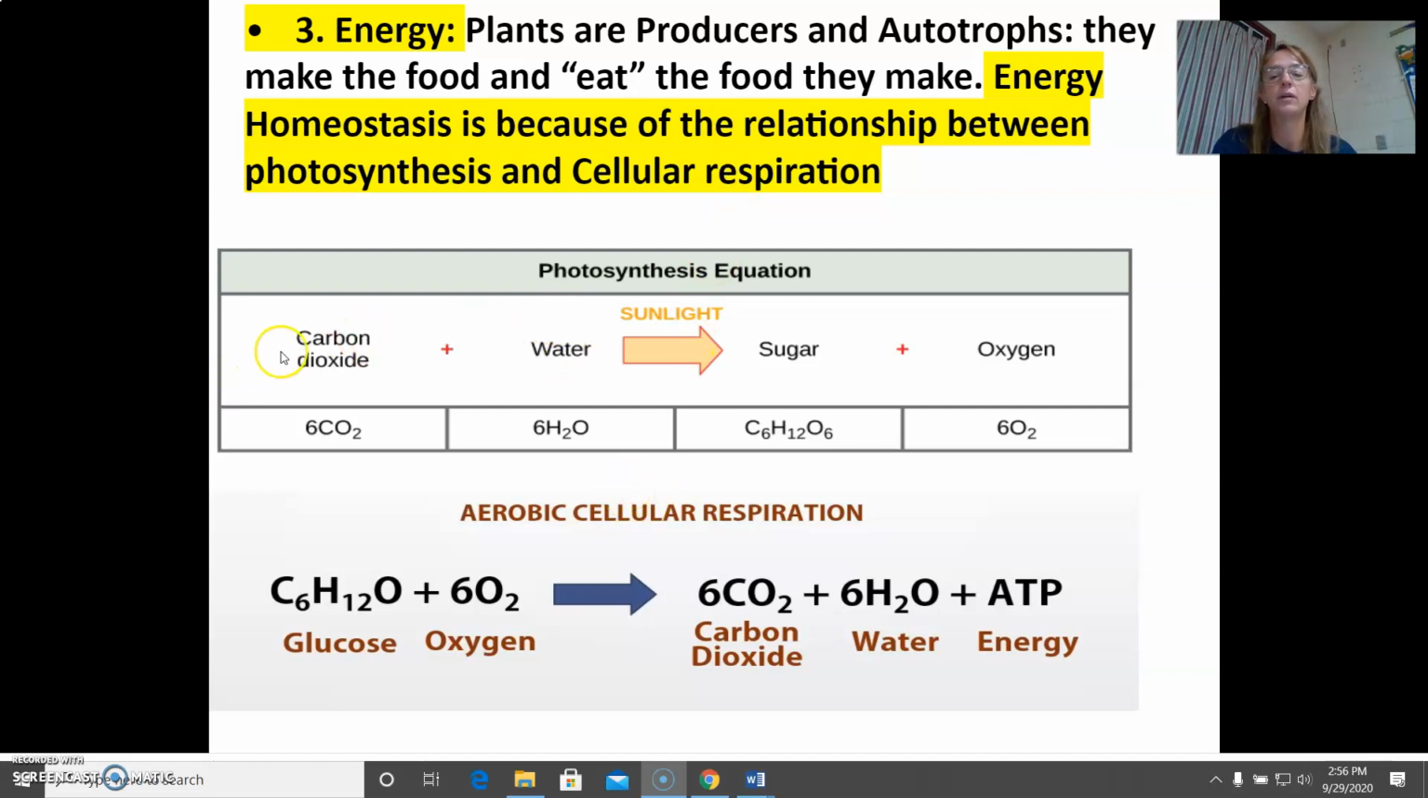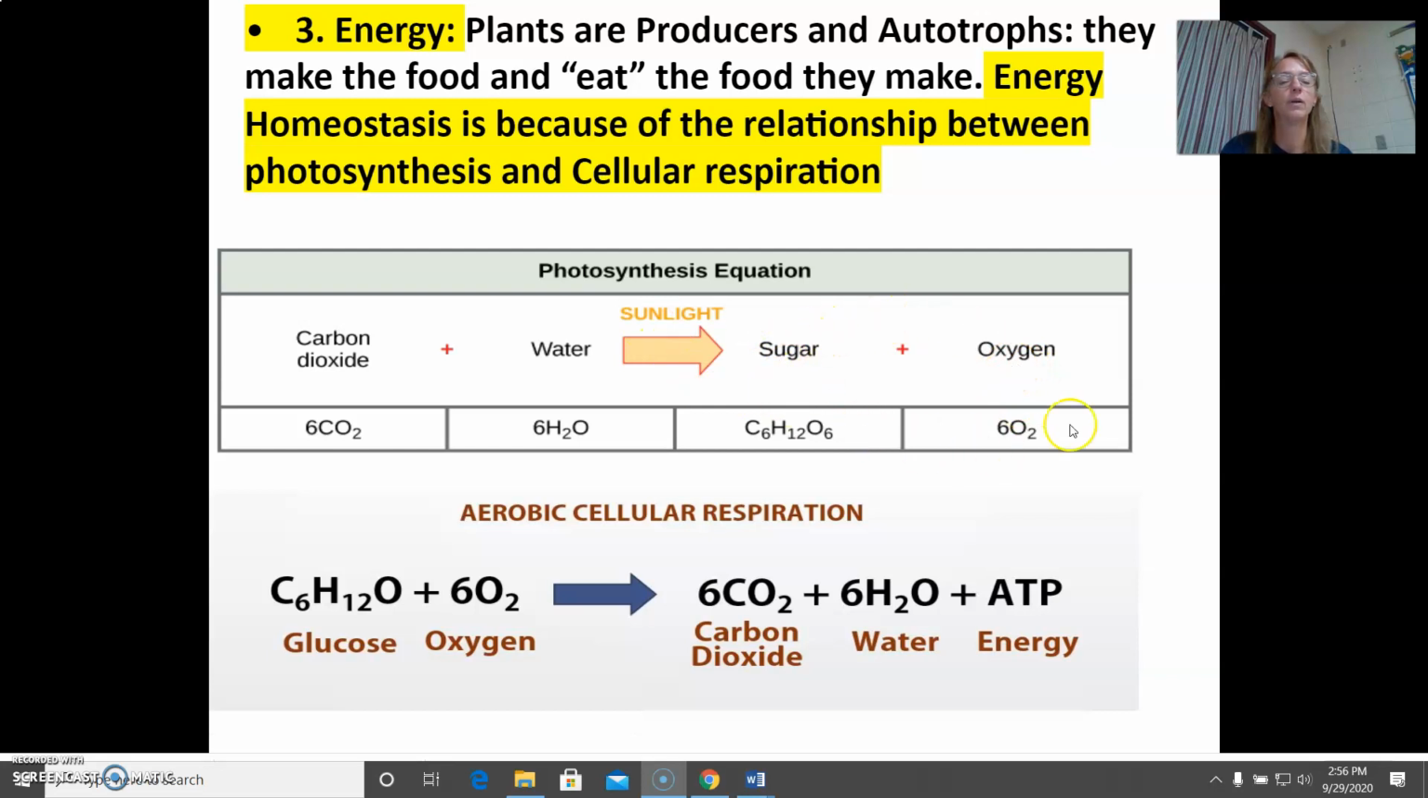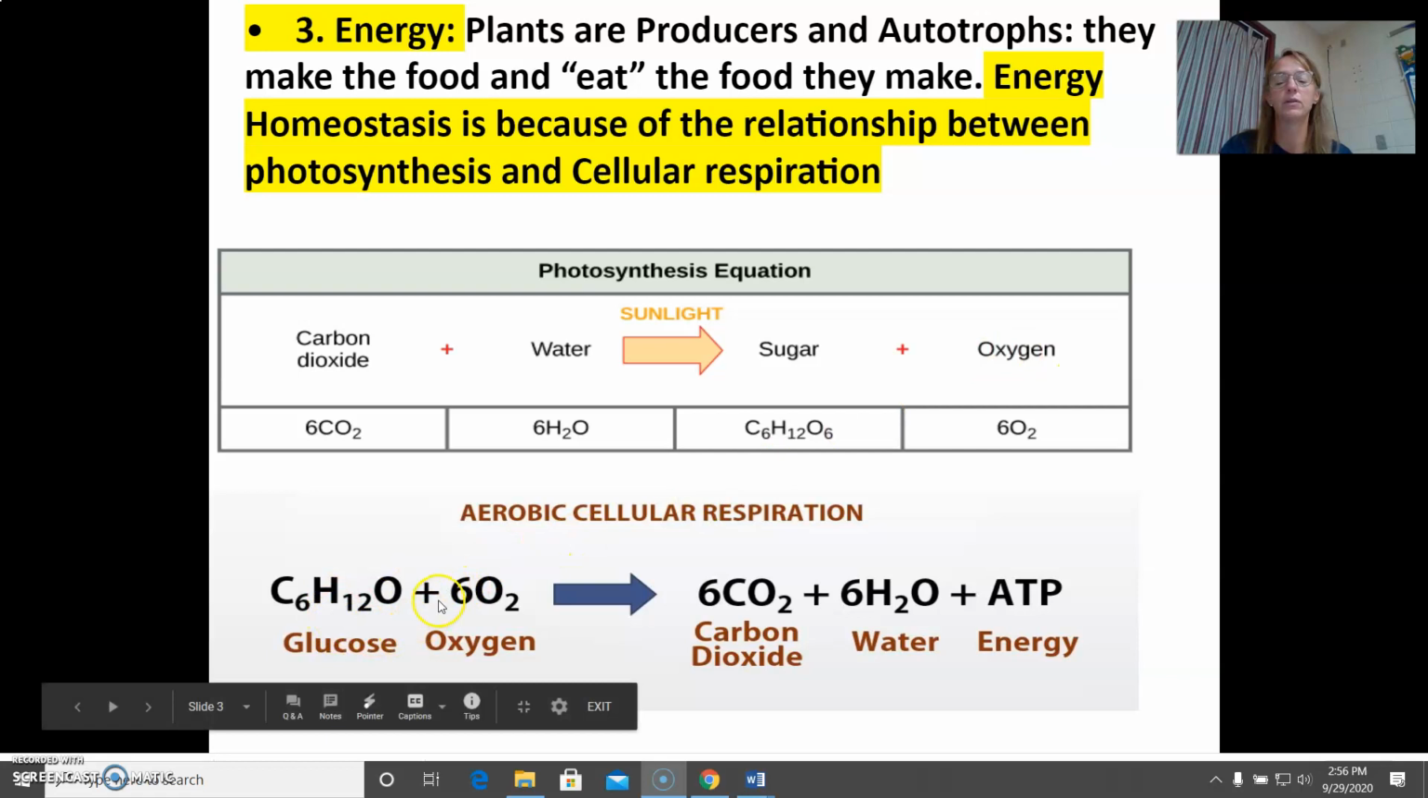You need to know the photosynthesis equation and you need to know the cellular respiration equation. So I would pause the slides and write this down. So carbon dioxide and water with the energy of the sun makes glucose and oxygen. When we, as a heterotroph, eat the food from a plant, so we're eating the glucose, we breathe in the oxygen that plants gave us. So we take glucose and oxygen, we do a reaction called respiration. We release carbon dioxide, we also release water, and then it makes ATP, which is a usable form of energy